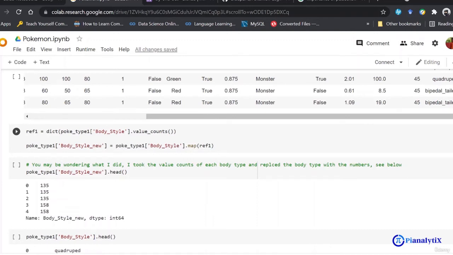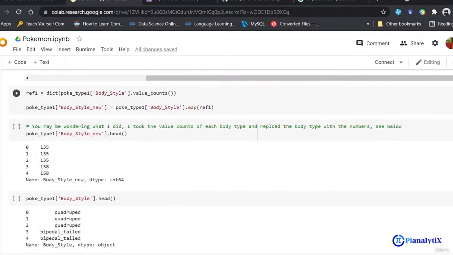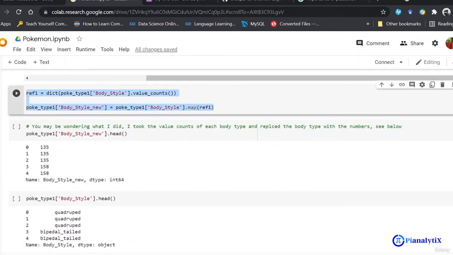So if my body style has a value which is present as a key in my dictionary, it will replace that key with the value itself. Now you might not have understood clearly what has happened, so later on I will show you what this part of the code has done.